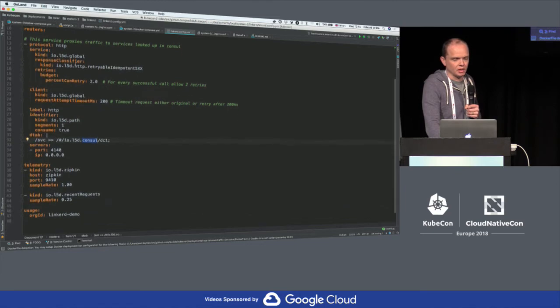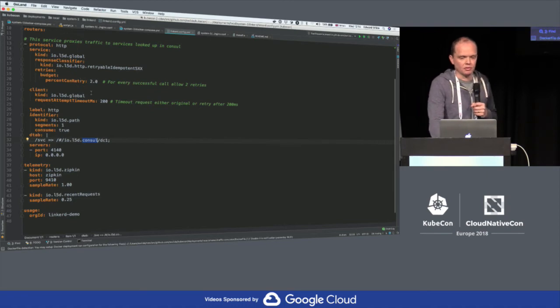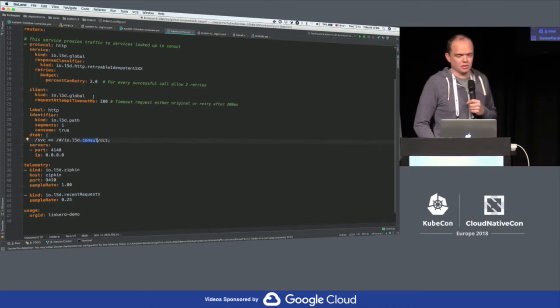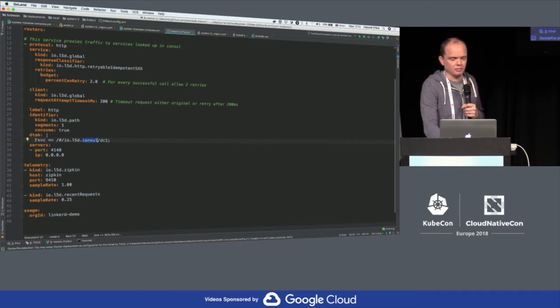And then we've created one simple router, and we've given it some characteristics. It's allowed to retry failed requests. And this percent can retry basically means for every successful request, you can retry twice for failure. And then we've given it some very aggressive timeouts, which are not really production kind of timeouts. It was just to demonstrate how Linkerd will kick in on a timed out request and retry it. And the reason that Linkerd is able to find our services is we've got this dtab here,